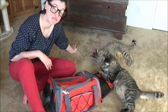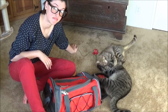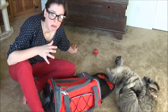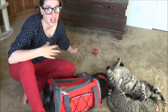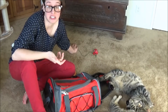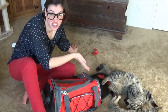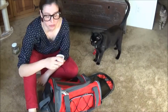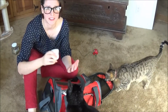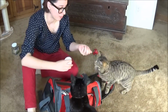And it's fun. The other thing you can do, especially for a little bit more reluctant cat, is to toss some treats inside the carrier, or even feed the cat its meals in the carrier, or as far in the carrier as the cat will go. So here we have some dry kibble, which, as I've explained, my cats really, really like for some reason. So I'm just going to take a little bit of dry kibble,